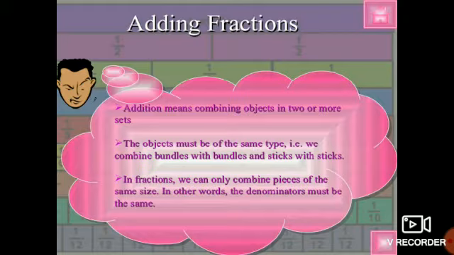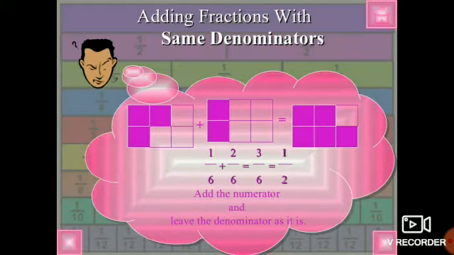So now students, first of all, I'll be explaining you adding fractions with same denominators. I mean, when we have to add like fractions, what we have to do? Add the numerator and leave the denominator as it is. Right? So as both the denominators are same, we'll add the numerators, that is 1 plus 2 equals to 3, and we'll write denominator as it is, that is equals to